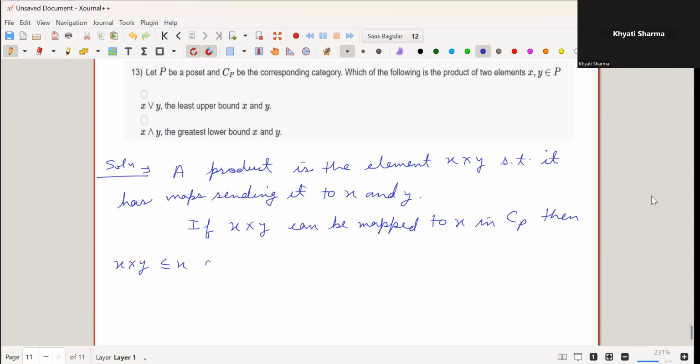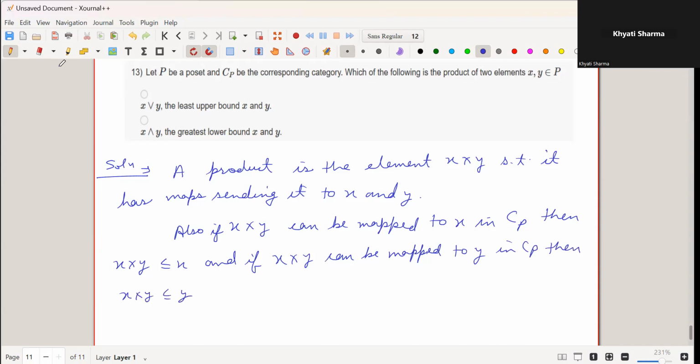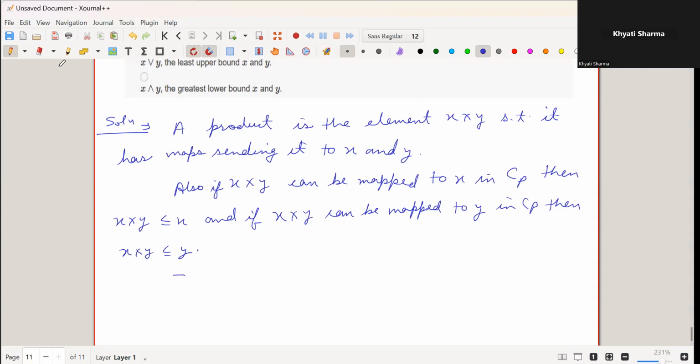And similarly, if x cross y can be mapped to y in C_P, then x cross y is less than or equal to y, and thus x cross y is less than or equal to the minimum of x, y,